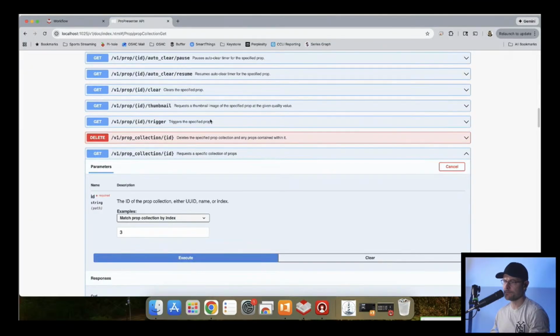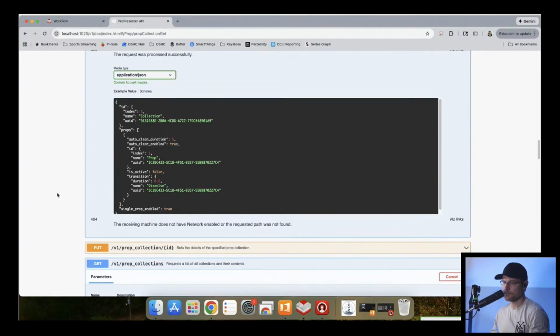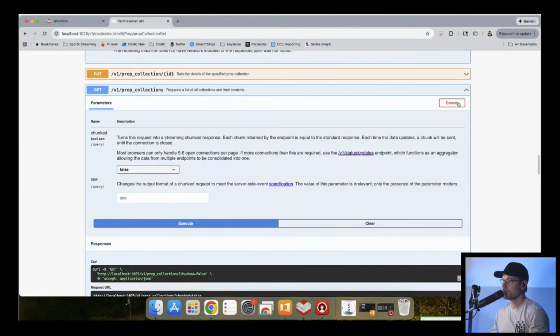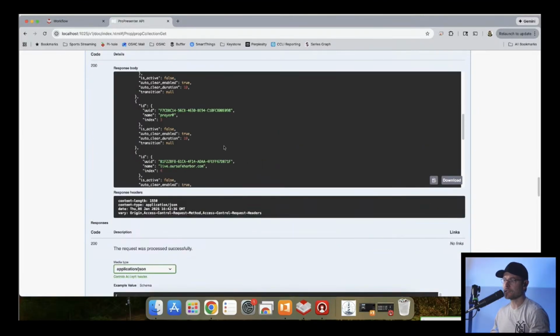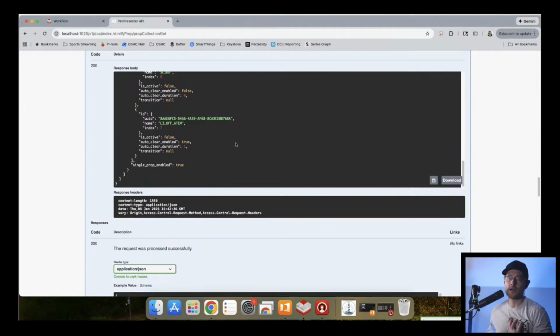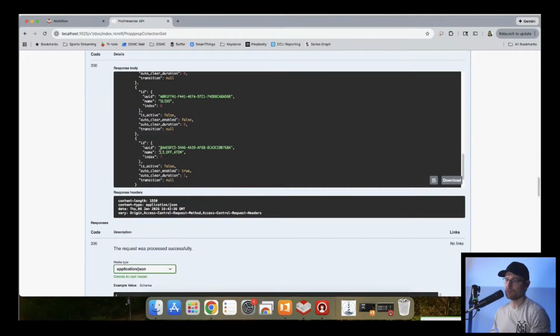So, oh, did I do that wrong? Maybe I did that wrong. I did that wrong. Prop collections is here, sorry. So you would say try it out, this one, v1 prop underscore collections, execute, and then it will give you a list of all of your props, because I have more than one, right? I've got lots. So it gives you a list of all your props and the ID that you're looking for. Look for the name, and then the ID is the UUID number, which is a unique identifier, but then it will work. It's index 7, but the name didn't work, like this lower thirds off ATEM, that didn't work.